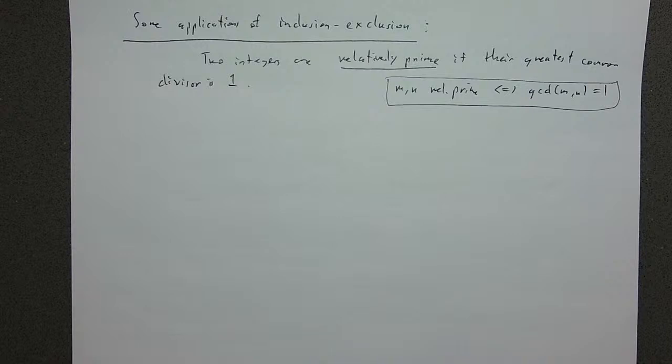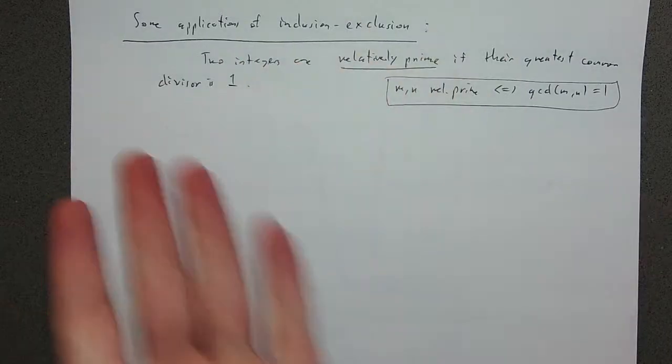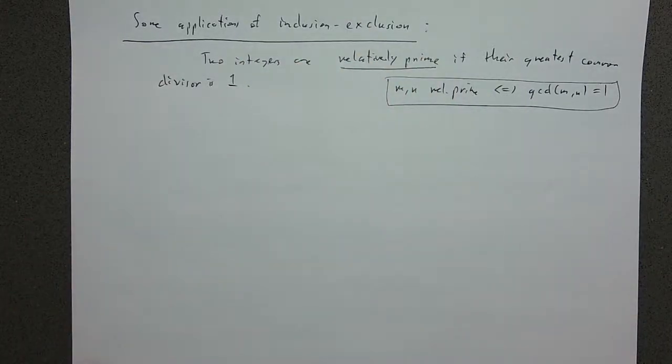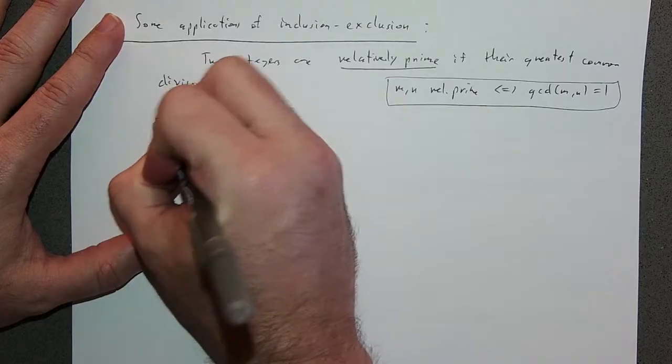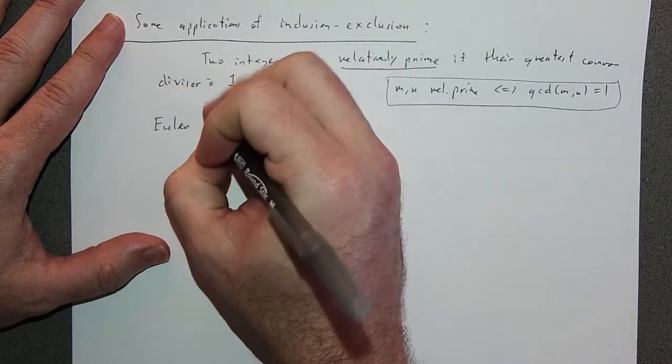So, of course, this is a property that two integers can have in relation to each other. You're not just going to say 5 is relatively prime. That doesn't make any sense. You're talking about a pair of integers being relatively prime. So the Euler phi function,